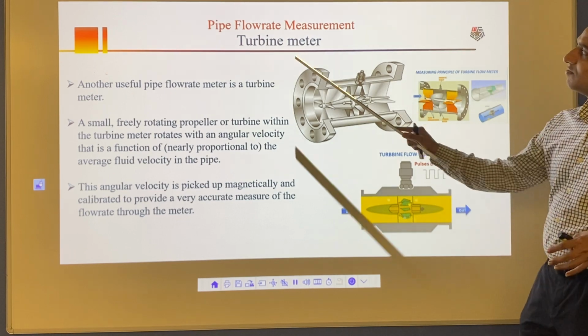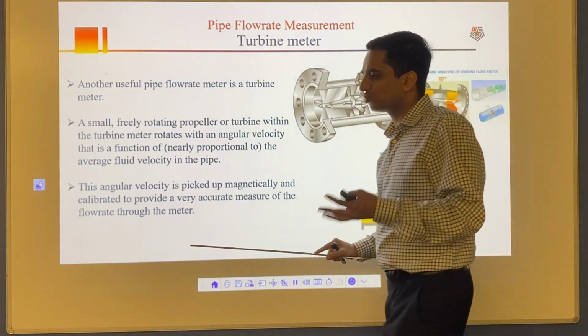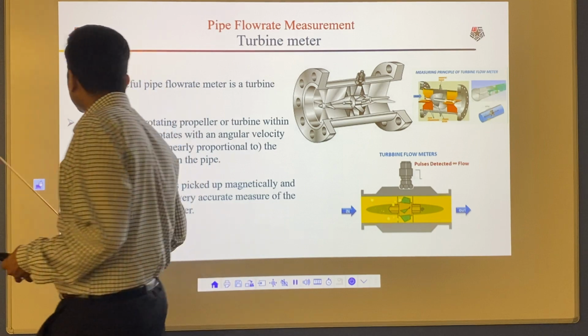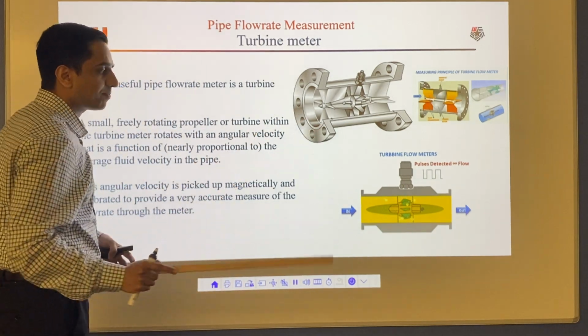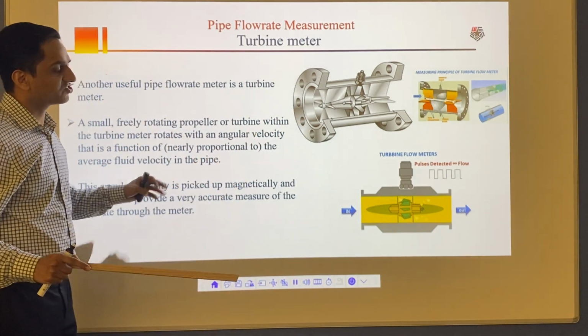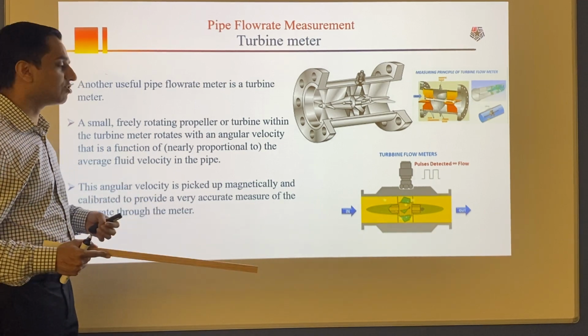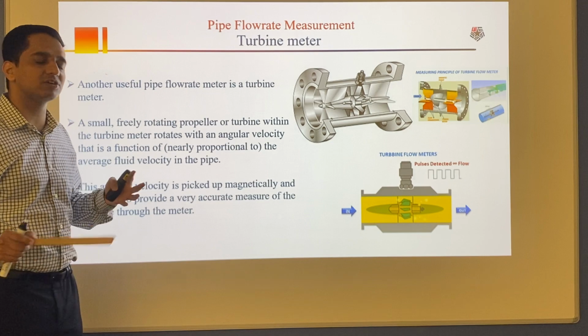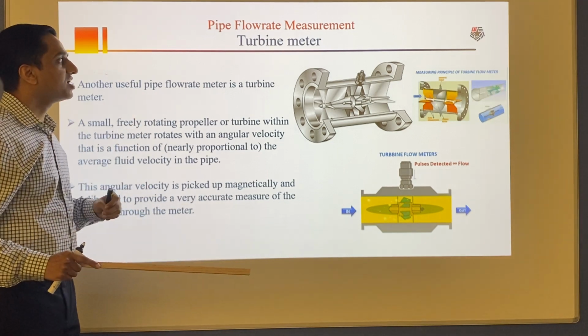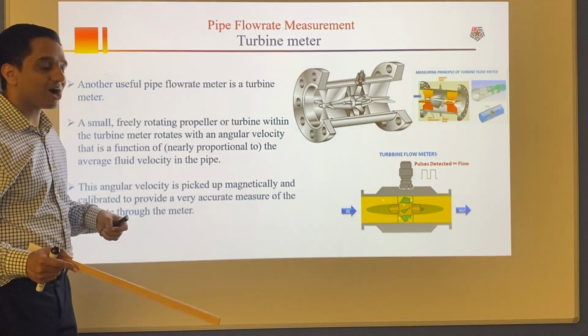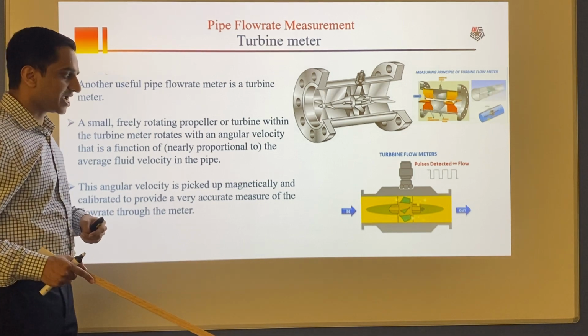So these are some pipe flow rate measurement devices, rotameter and turbine meter, and that's the end of chapter 8. So this is the final part in chapter 8. In this chapter we mostly learned how to modify our Bernoulli's equation, how to calculate major loss and minor loss, and a few things about these measurement devices. So that's pretty much your chapter 8.